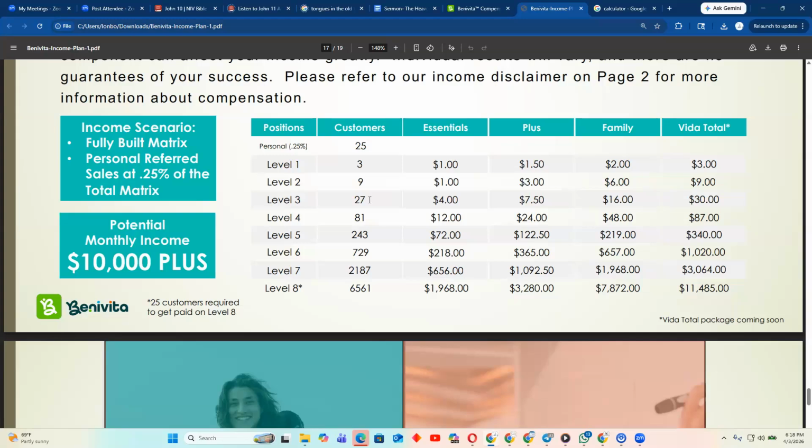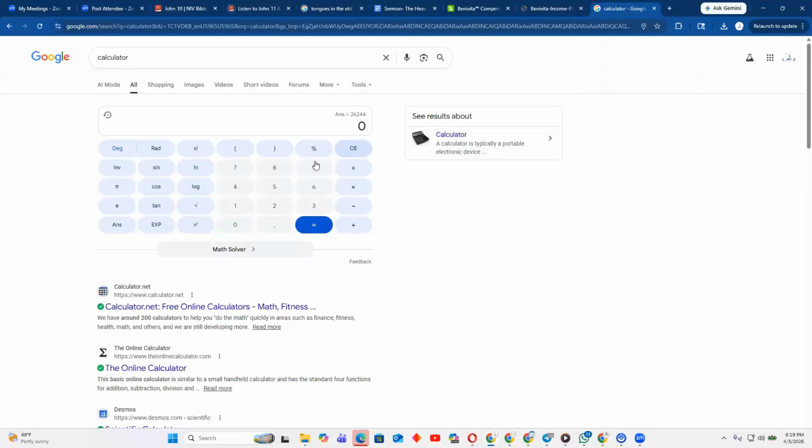What about the 4th level? So the 4th level is another 3 people. So just to get paid on 1, 2, 3, and 4, you need 9 customers total. And you'll be paid on 81, 27, 9, and 3. Right? You guys understand that? Let's go over that calculation. 3, 9, 27, 81. Okay, remember, you need 9 customers yourself to get paid on this